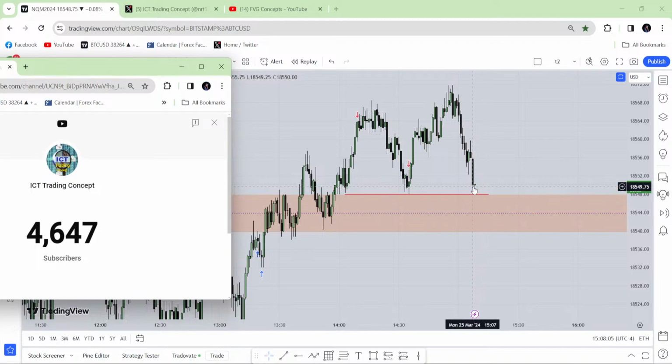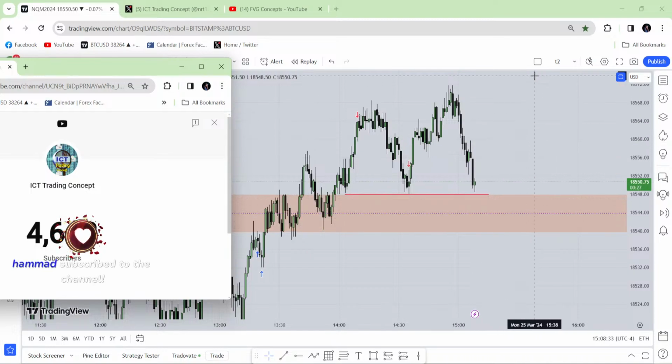All I want to see is the market take that sell liquidity and tap into that hourly fair value gap. Why hourly fair value gap? Why not the 15-minute fair value gap? Go to your 15-minute fair value gap and watch the price action. There is nothing, just sloppiness, just long wicks. So from the 15-minute chart, I'm not interested in doing anything. I will stay here until price gives me another market structure shift toward that buy side liquidity.